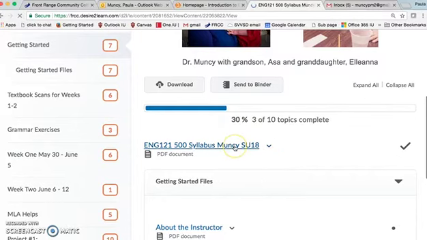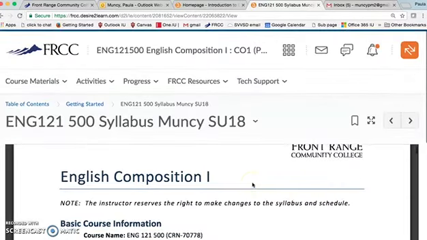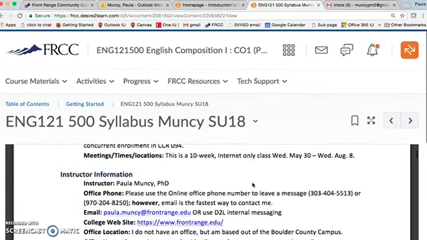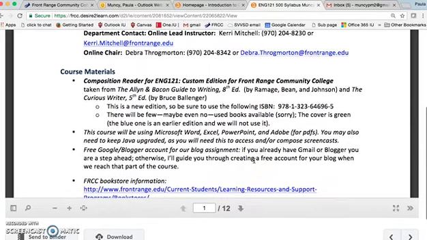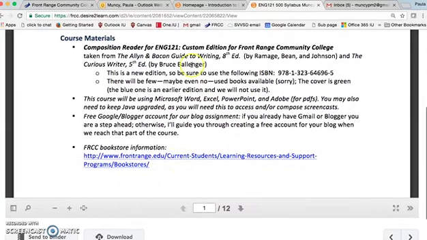But for right now, I'm just going to go ahead and open it here. So you'll see basic information, how to reach me, how to reach my chair if you need to talk to them. Here's the course materials that you'll need. It's one textbook you can get through the bookstore or online here, or you can go into one of the campuses. By the way,